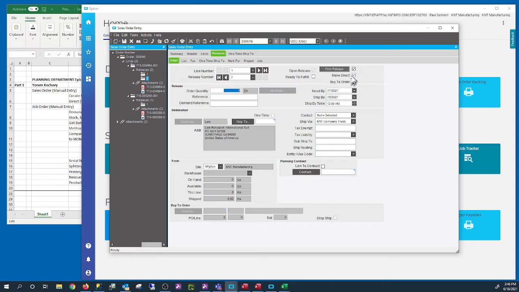And then, if you want to make a specific job for an order, you want to mark it as make direct. Basically, it means we're going to have a job that is specifically going to make this particular release of the order. So each job would be connected to a specific release. You're specifying which release is the demand for a particular job. We are not there yet, but that's what we're preparing this for.